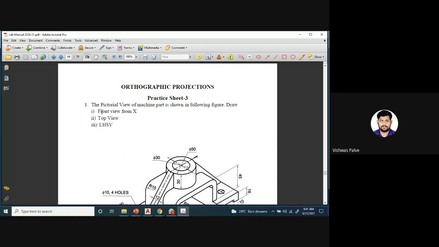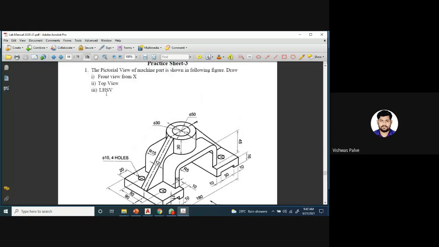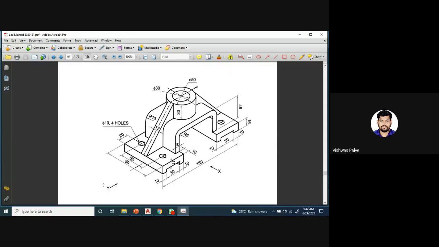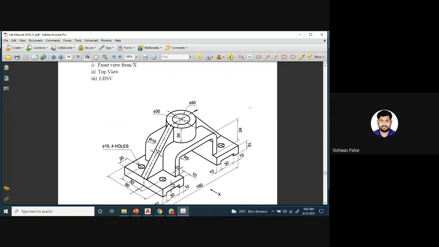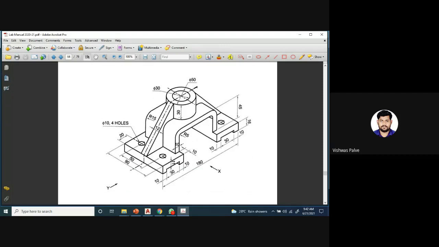Okay, draw the front view from direction X, then the top view from the top direction, and the left hand side view from the Y direction. So this will be the left hand side view which will be drawn on the right hand side, because in the first angle projection method, we are observing from the left hand side and it is projected on a right hand plane. Okay, that's why it is drawn on that side.